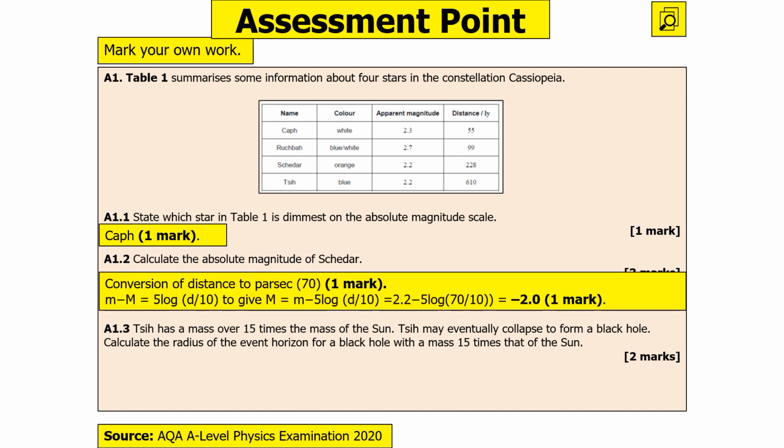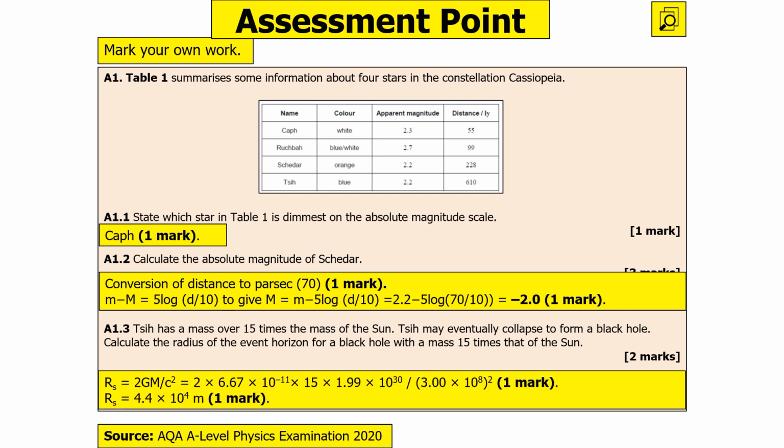You can work out the absolute magnitude by doing the equation m minus M equals 5 log d over 10. Remember, d has to be in parsecs, not light years, so convert that, and then you work it through to be minus 2. Then this next one, we've got to use a Schwarzschild radius, so R_S equals 2GM over